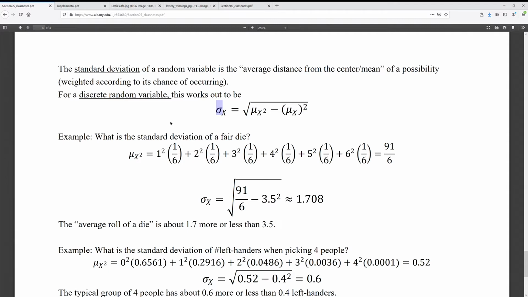So the easy way to do this formula is it's the original mu of x that we've just computed, square it, and subtract it from the mean of random variable x squared. Let's think about that. If x for the die can be 1 or 2 or 3 or 4 or 5 or 6, then